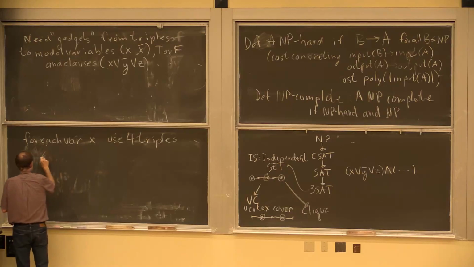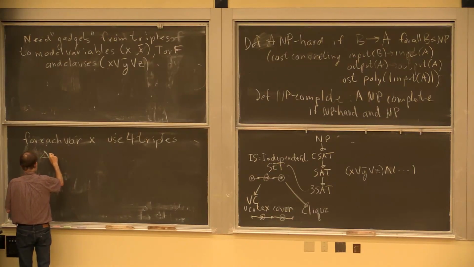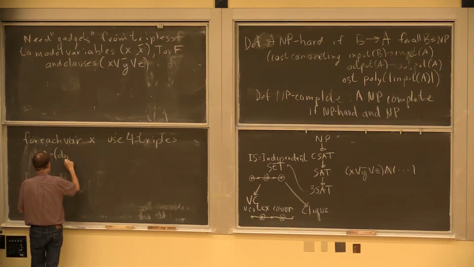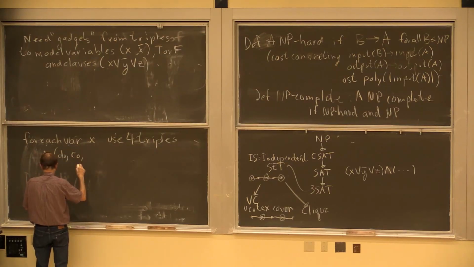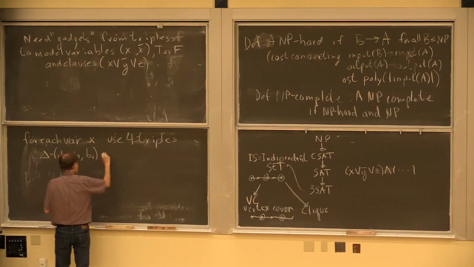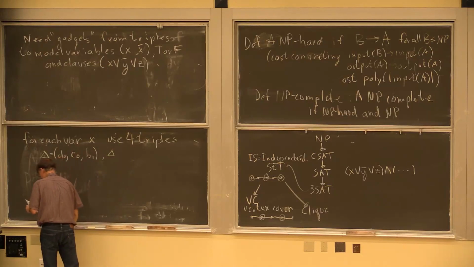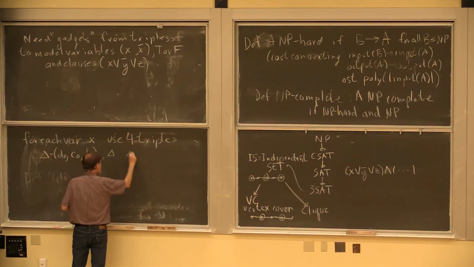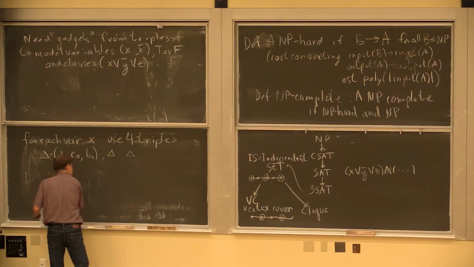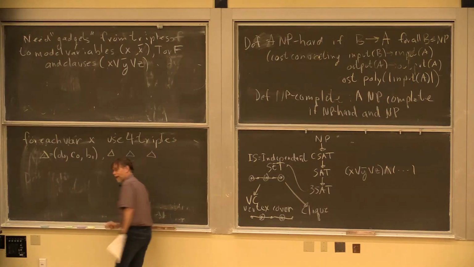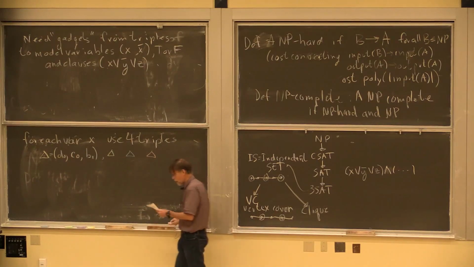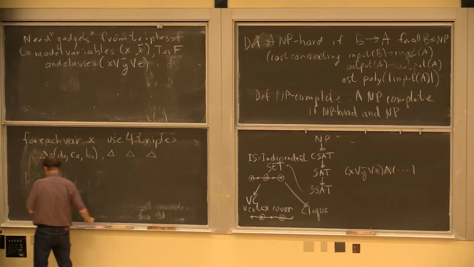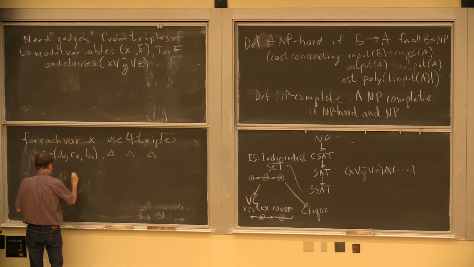And so now I'm going to start using all these different colors. So the white triple will be C0, D0, and B1. But I'm also going to have a green triple, a blue triple, and a red triple. I hope that's all visible to everybody. So this is what the gadget is going to look like. So that's going to be there.